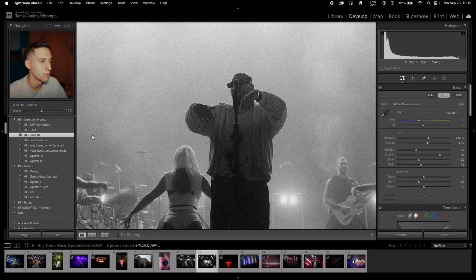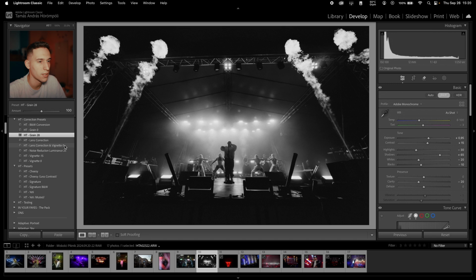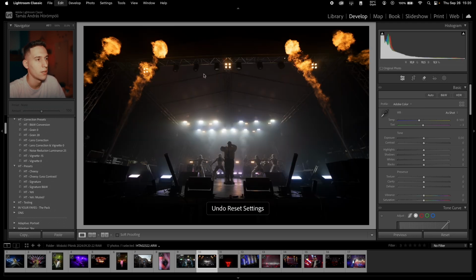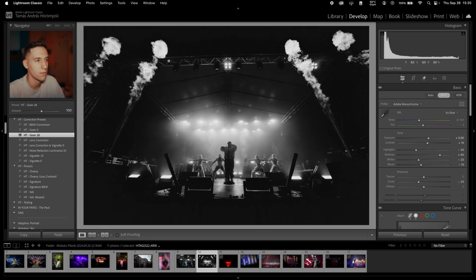Or for example, in this case, it is a wide angle lens, it is a 12mm lens. And if you want to show more details in the edges, you can just set the vignette to 0, or you can also do the lens correction and vignette 0, because I don't use the lens corrections in my presets because I like to keep the original vignetting of the lenses, and I like to keep the distortions as well, because you can see now that it straightens the lines, and if we remove it, then it is kind